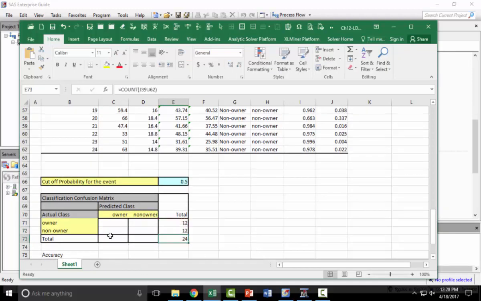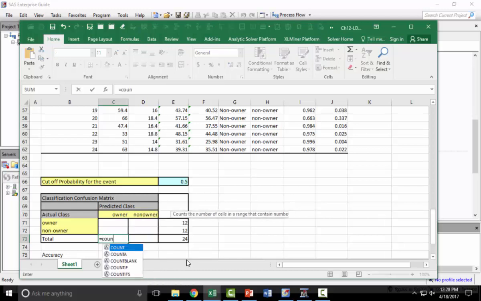That's your actual class. And predicted class, again, well,